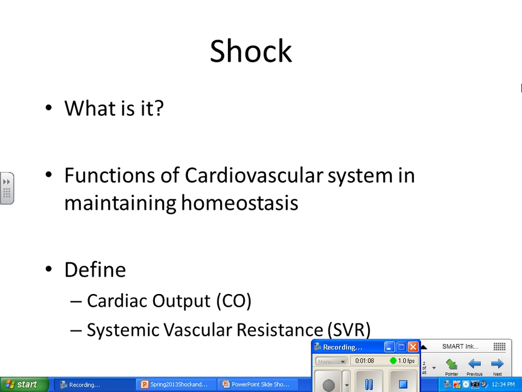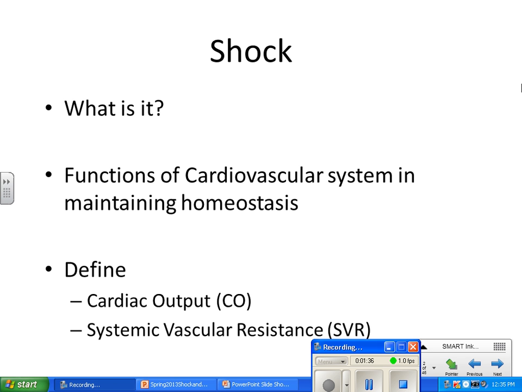So if we have an intact cardiovascular system, if our heart's pumping properly, all the stuff that we've talked about, the cardiovascular system is supposed to deliver oxygen and nutrients to the cells, right? Remove the waste products and regulate the blood volume. Make sure that we have adequate blood volume and adequate pressure so that all that good oxygenated blood is getting to the tissues and the waste materials are being carried away.